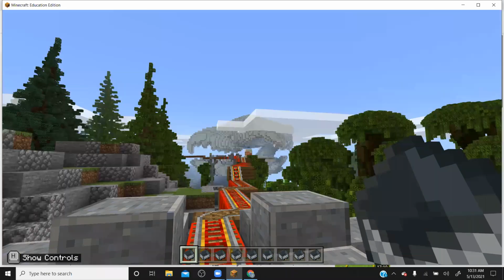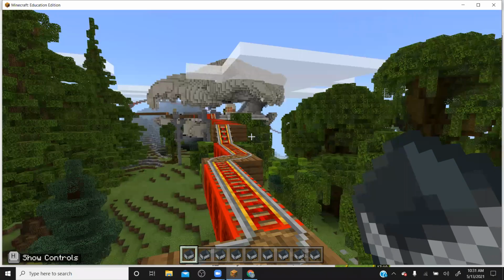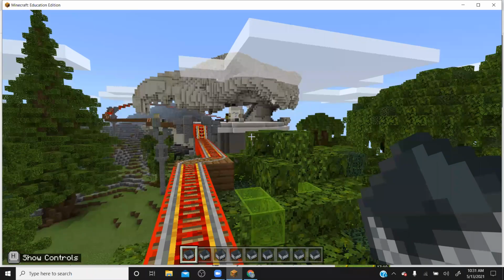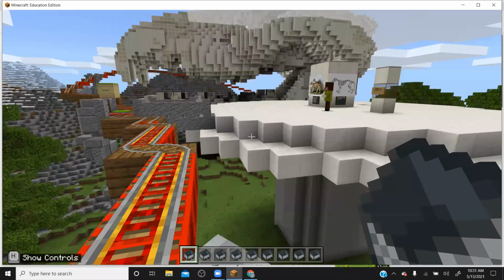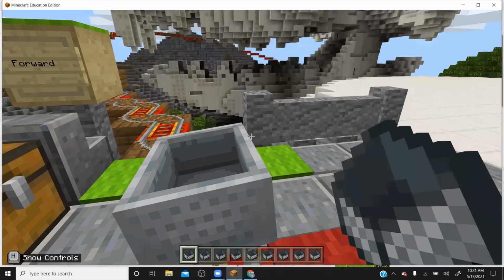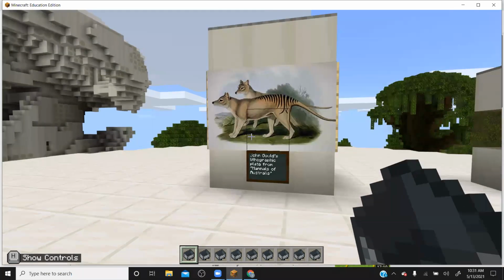Ooh, up ahead are the jaws of something big. I wonder what that is. And again, through all of these, you can drop down. They have the ladder so you can come back up. But if you wanted to, you could go and explore into that big skull. You could learn more about this animal, which is